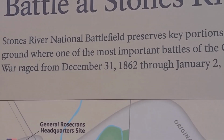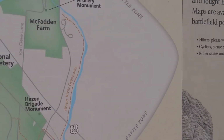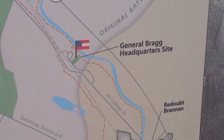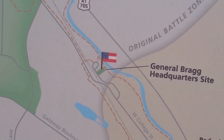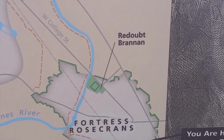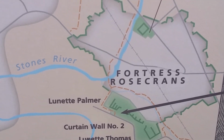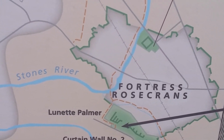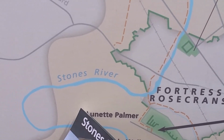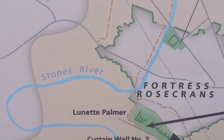So I'm here in Murfreesboro at the Battle of Stones River National Battlefield. Today, if you see the map, there's a glare on my phone so bad that I can't see my screen. But Fortress Rosecrans is where we are today, and we are going to visit this. We're going to take this trail. This is where we are. We're going to come onto the trail. We're going to go to Lieutenant Palmer, visit Lieutenant Thomas, two little bitty forts, and then we're going to come